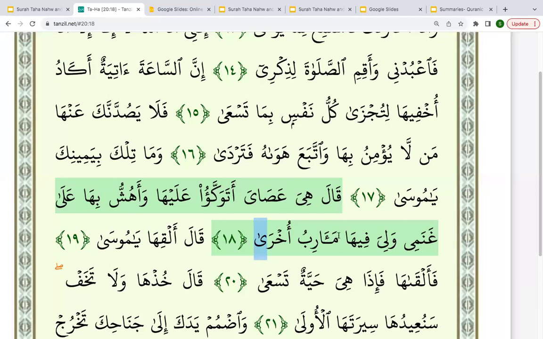So again, these two words are matching. If I ask you, how will you define the status of this word? It's going to be marfu with damatul muqaddara. But if it was to be jar in status, it's not going to take kasra. It's going to have an implied fatha because it is mamnu min as-sarf, which will be niyaba, the replacement or substitute from the kasra, because this word cannot take a kasra.